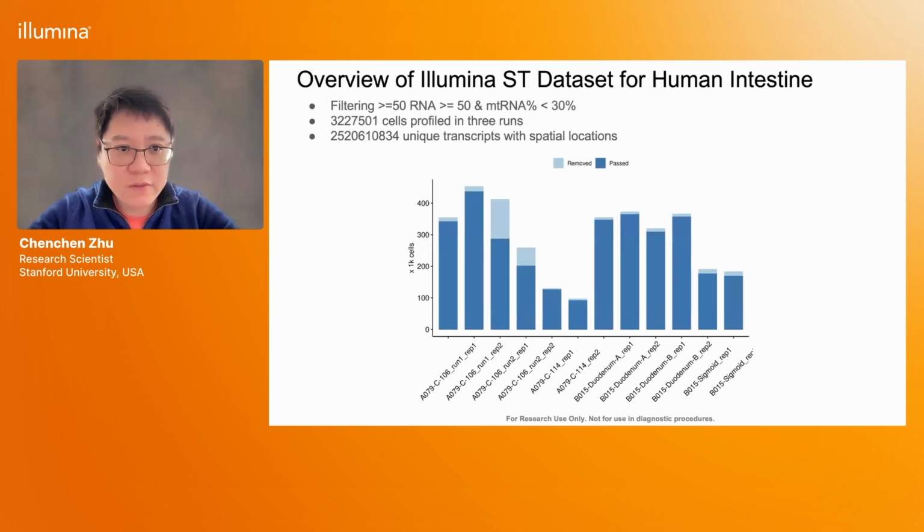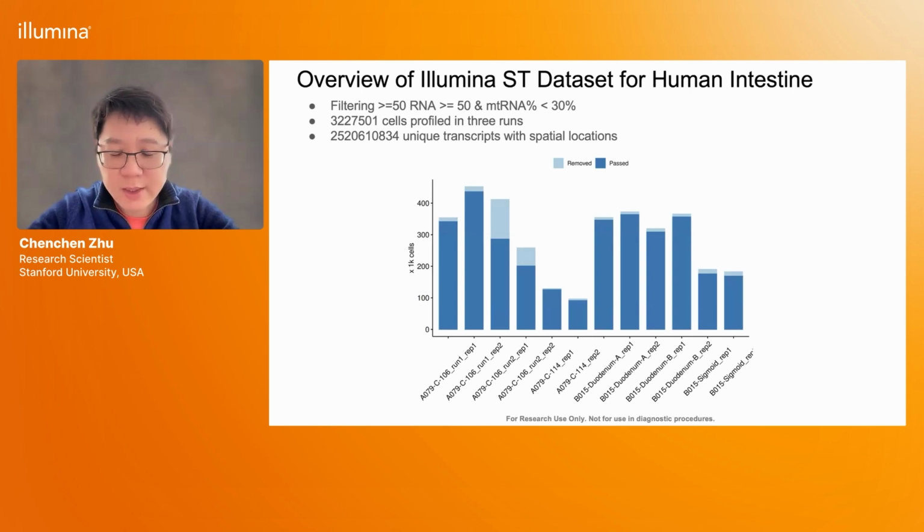And here's the overview of the whole data set again. We do a little bit of conservative filtering. We remove all the cells with less than 50 transcripts. And if the mitochondrial RNA is too high, we also remove the cells, because higher mitochondrial reads can be indicative of low quality cells, that some RNA degradation has happened during the processing. Overall, for the 3 flow cells we ran, we obtained 3.2 million cells. And it's over